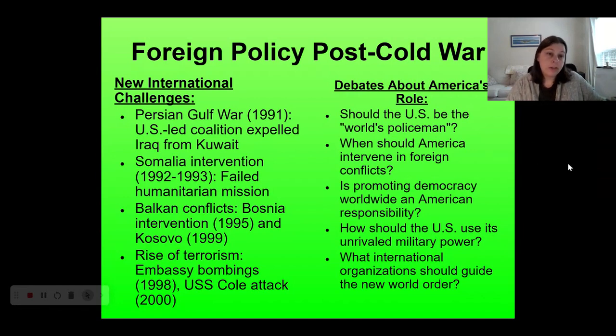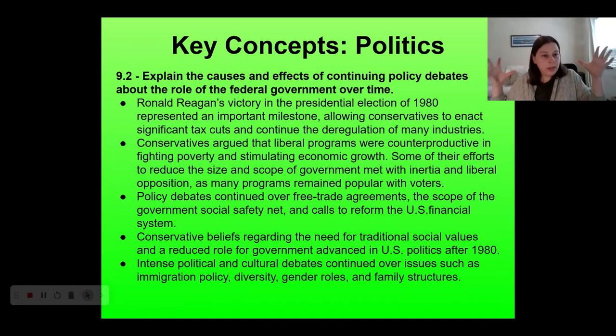We also see the rise of terrorism focused on American targets around the world. Very early Al-Qaeda attacks pre-9/11 start to happen in 1998 with the bombings of U.S. embassies in cities like Dar es Salaam in Africa, and also attacks on the USS Cole, which was a United States naval ship that was stationed in the Middle East. So there's kernels of how our foreign policy is going to develop, coming up in a little bit. So that's foreign policy post-Cold War, pre-9/11.